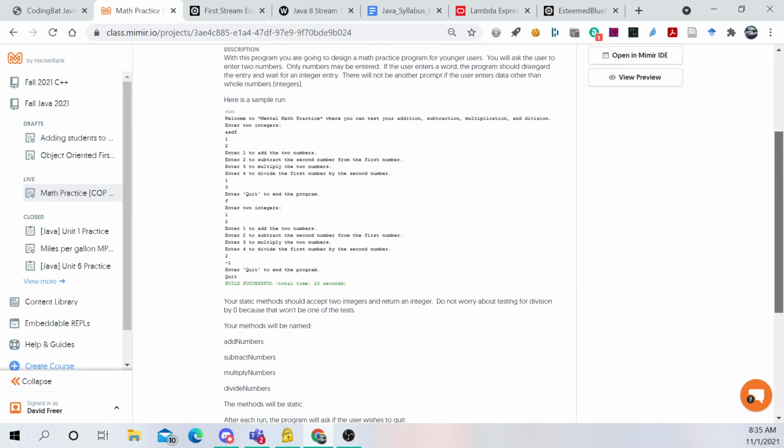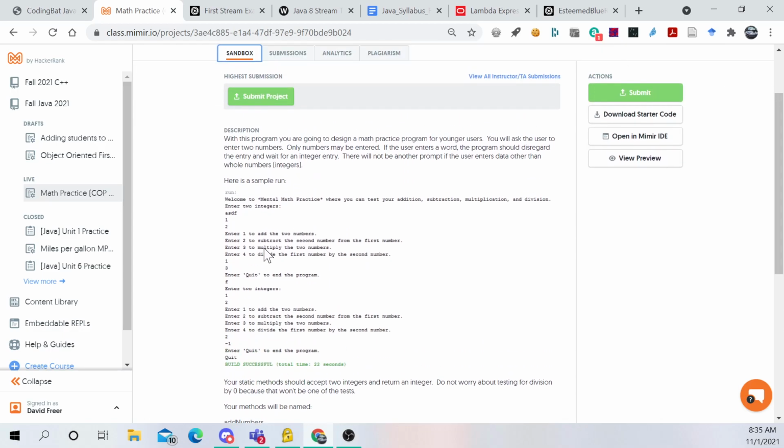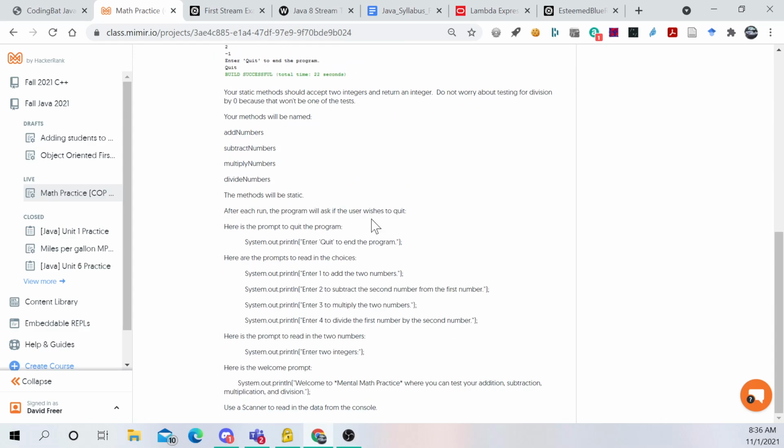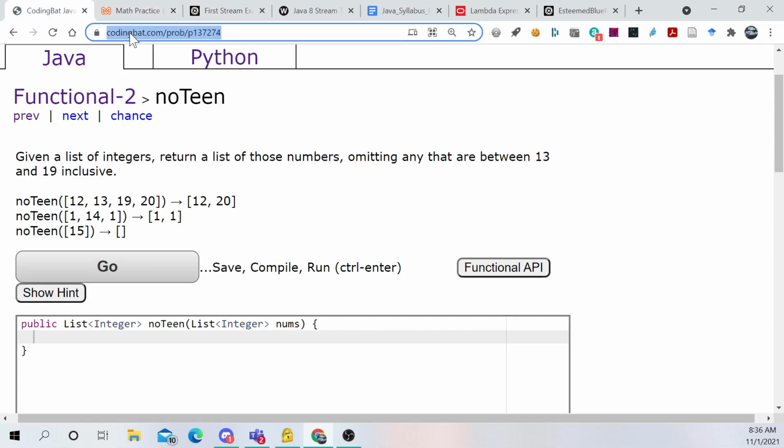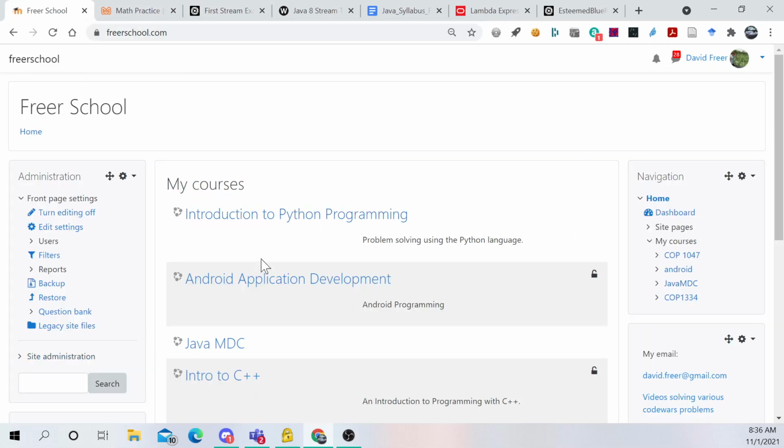It's just about a simple math program where you let the user add two numbers or subtract two numbers or multiply two numbers. And I think you'll find it's pretty easy, but you do have to put the effort in and do it. And then if we go here to Career School and we look at Java MDC